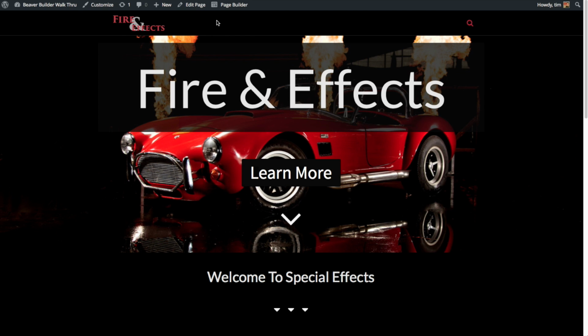First off, if you're following along with the tutorial, I did add some extra pages already to this theme. And you can do that in exactly the same way that we created this homepage. Just go ahead and add a few dummy pages that we're going to use to add to our menu here. So to create a menu, you can either go up here to the Customize button when you're logged into the